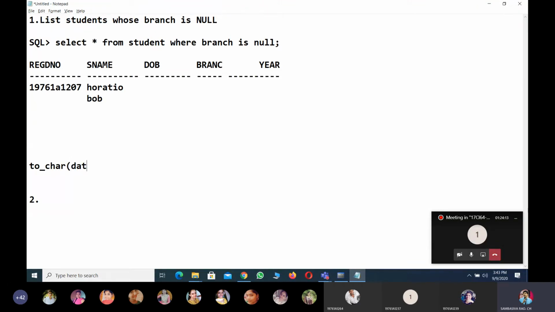The first parameter is a date column or date attribute. And within single quotes we have to give the segregation operation. By using this function, we can segregate the values from the given date.